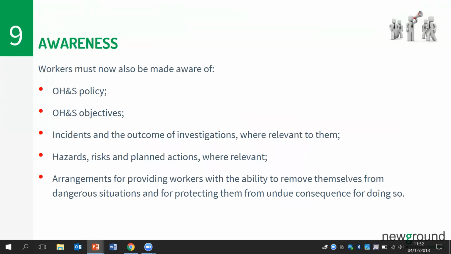So workers must now also be made aware of the safety policy, your safety objectives, any incidents and the outcome of investigations where they are relevant to your workers, and your hazards, risks and planned actions, also where it's relevant to them, and the arrangements that you have in place for providing workers with the ability to remove themselves from any dangerous situations and for protecting them from any undue consequence for doing so. So these are all in addition